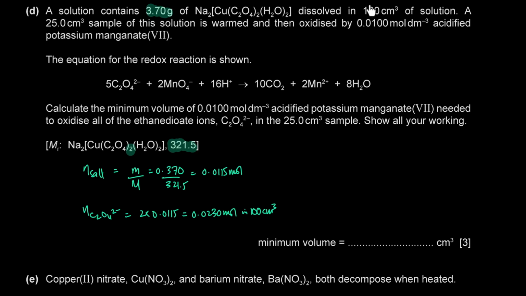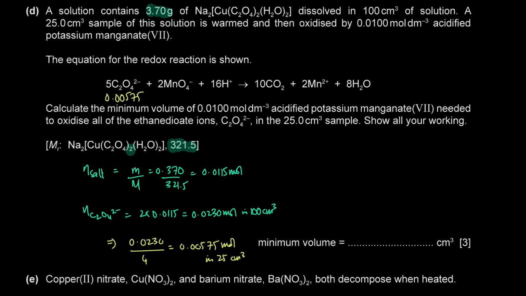And we take 1/4 of that solution for the reaction. So in 25 cm cube, we have 0.0230 divided by 4 moles of ethanoate ions in the 25 cm cube sample that we took for the reaction. Again, because the 100 cm cube solution had this many moles, and we took 1/4 of that solution to react with manganate 7. So now we know that in this reaction we had 5.75 times 10 to the power -3 moles of ethanoate ions,